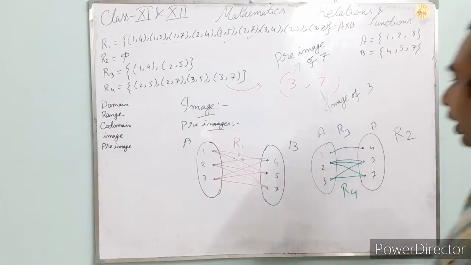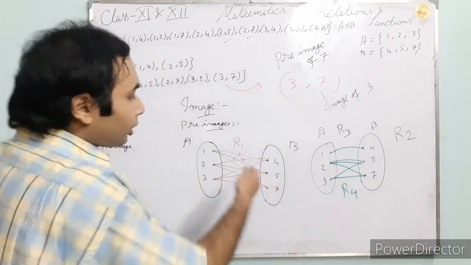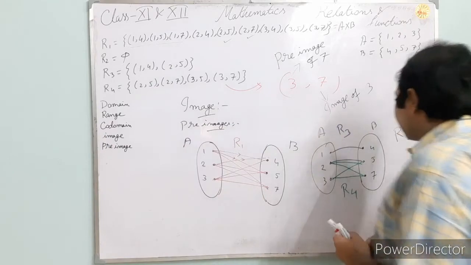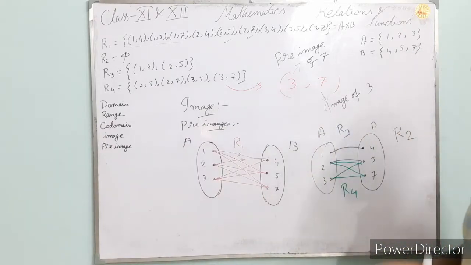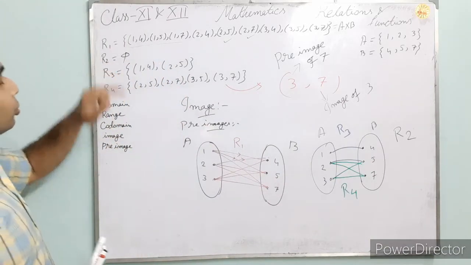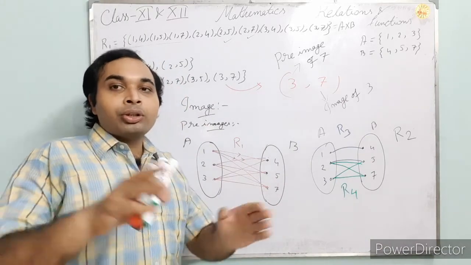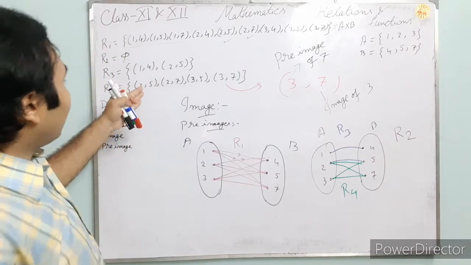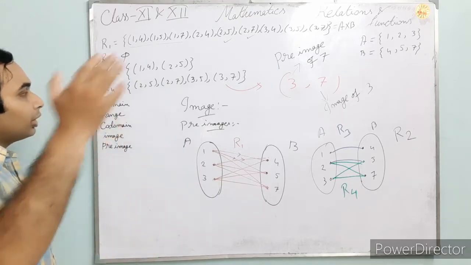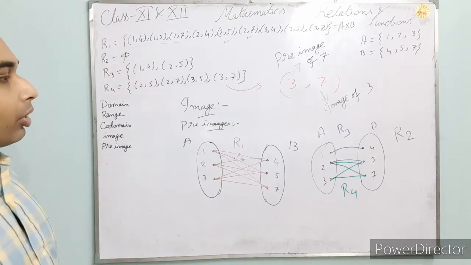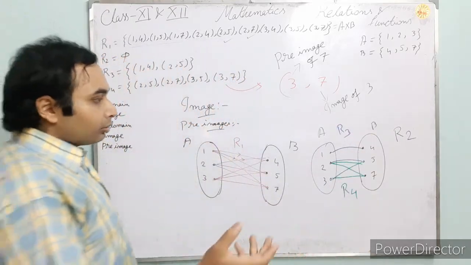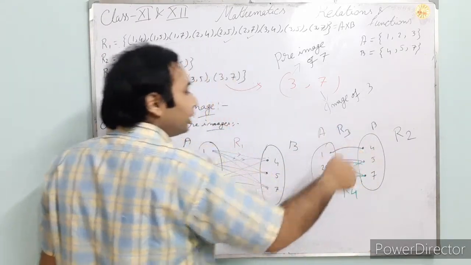But see, I have drawn some figures. R1 I have discussed previously. Here, just see R2, R3, and R4. Those are the arrow diagrams of R2, R3, and R4. R2 is the null set, that is the void set. No elements of the first coordinates are making a relation with the second coordinates of the ordered pairs. So no arrows will be there. If you draw it, just those two figures, no arrows.